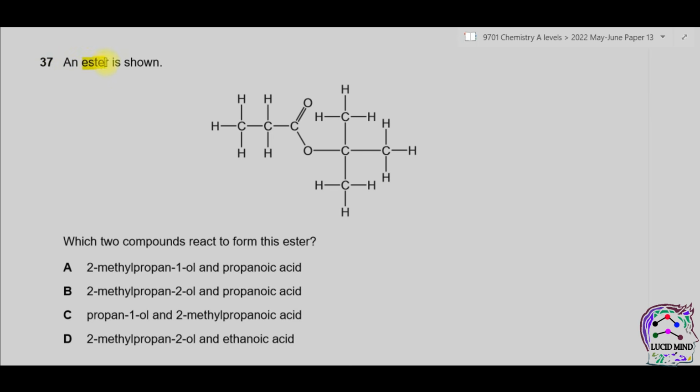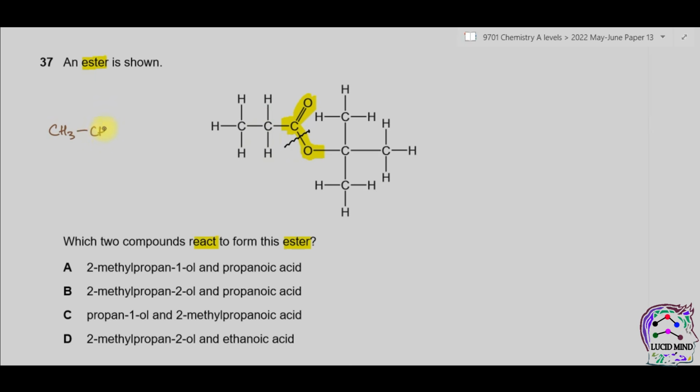Question 37, an ester is shown. This is the structure of the ester. We can see we have this functional group C double bond O, O. Which two compounds react to form this ester? We can find out the two compounds that make an ester, which are usually carboxylic acid and alcohol, by breaking this carbon-oxygen bond. So the part having the carbonyl carbon is the one that comes from the acid, while the other part comes from the alcohol. So the acid part is CH3,